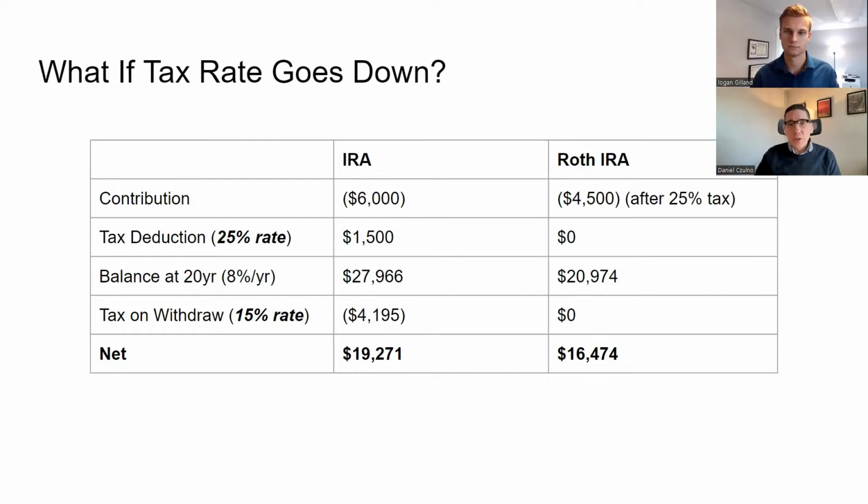The 8% growth is still the same there, but in this instance, we see that this individual's tax rate has gone down in retirement rather than stayed the same. So the tax rate line on the withdrawals is lower, which means that the net available to the client is actually higher because the tax rate in the future is lower than the tax rate now,